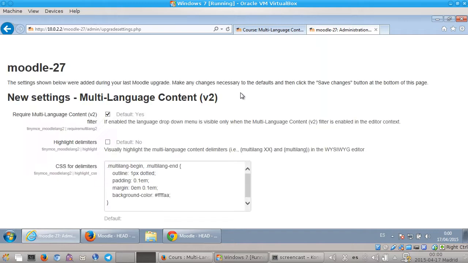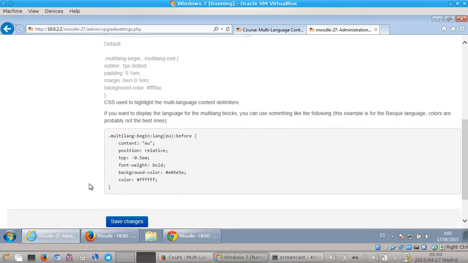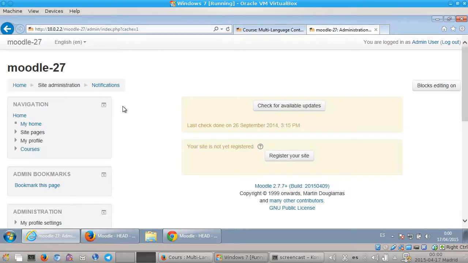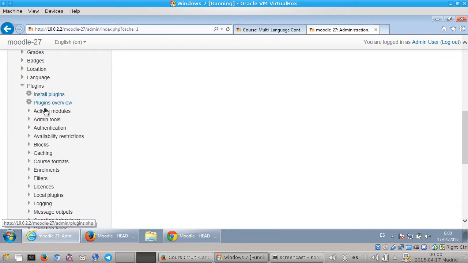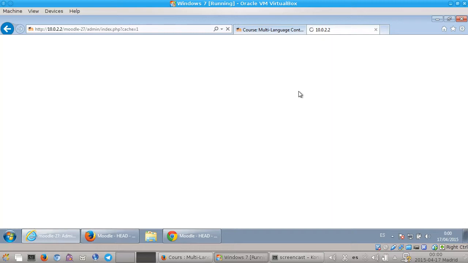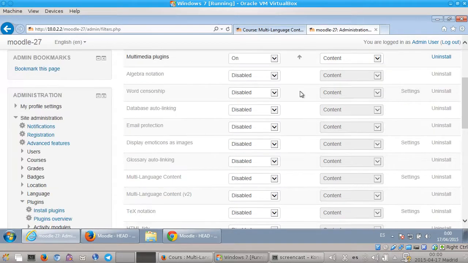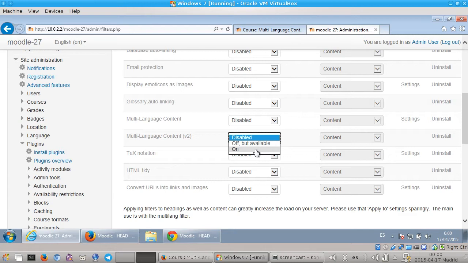I'm going to be a bit faster than before because I'm not going to explain the whole thing again. So I'm going to plugins and filters and manage it. Okay, so I enable it